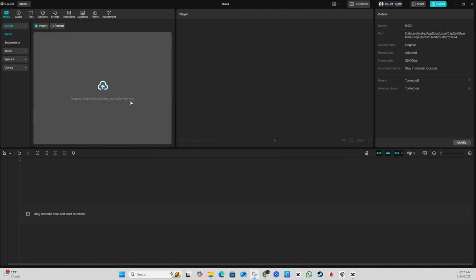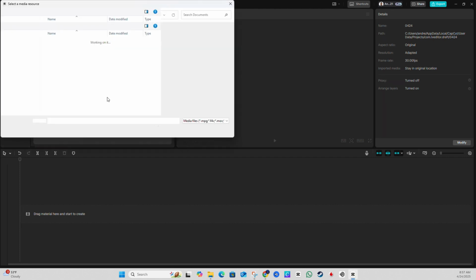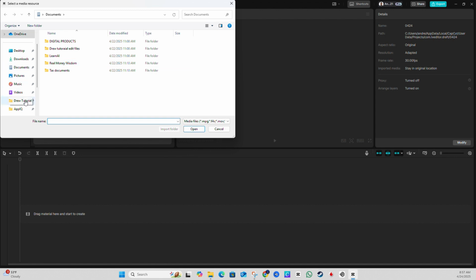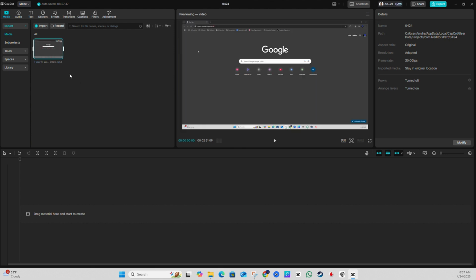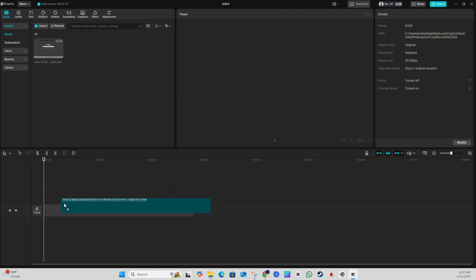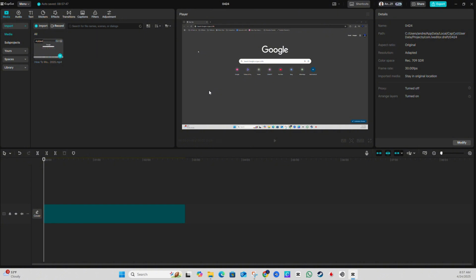And all you have to do now is just go ahead and start editing your videos again. So if you have any kind of videos or files that you want to add into CapCut, you can add those video files there. You can go ahead and export them, so you can start